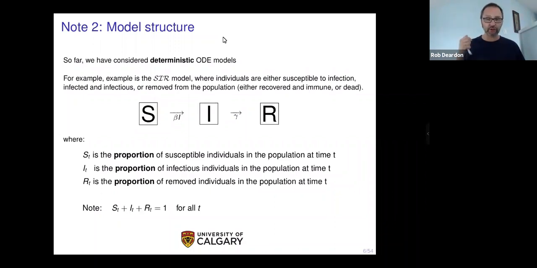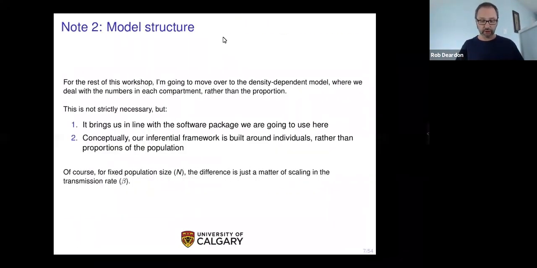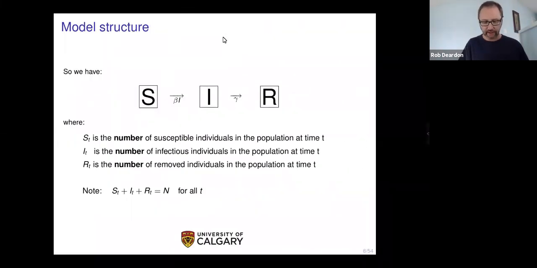But I'm going to change from having that frequency dependent model where the S, I, and R are the proportions of individuals at time t, so they sum to 1 at any point in time. I'm going to change to a density dependent model, so that now the S, the I, and the R will be the number of individuals in each compartment, so they're now going to sum to N, right? I've put these slides in the wrong order, but